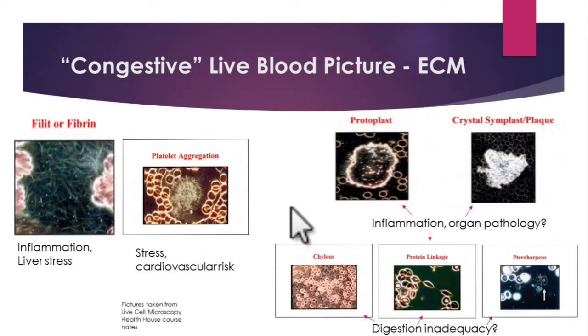What's significant about live cell blood analysis is that we can see a congestive live blood picture, where we can see the surroundings of cells and how it's subclinically indicating something about your health, such as increased fibrin, which shows that you have inflammation and liver stress, platelet aggregation, which shows that you have overall stress and cardiovascular risk, and what I call blood casts, such as crystals and protoplasts, which may indicate inflammation and organ pathology,